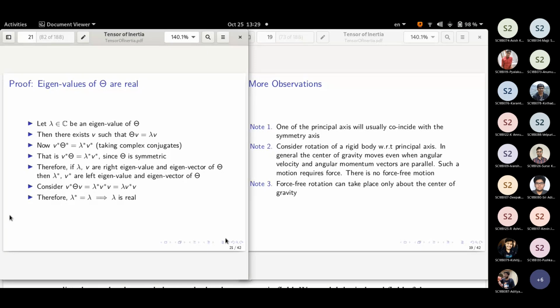In the sense, we don't put any restriction on V. Even if someone gives you a complex eigenvector, it does not affect lambda. We are not looking at the properties of the eigenvector in this particular proof, but later on it will turn out that it is also real. That's a separate question. So in this case, we have just concentrated on the property of lambda, but your question is right.